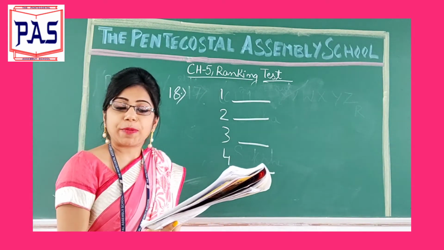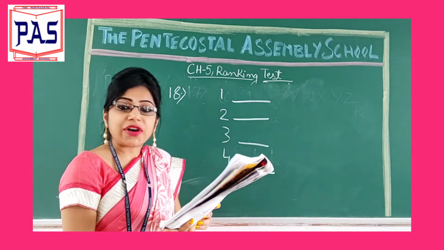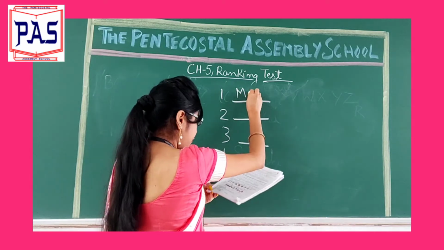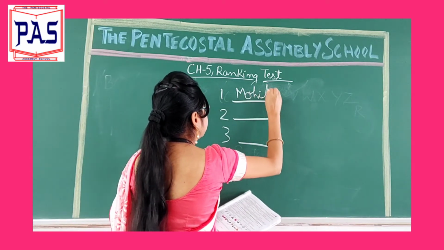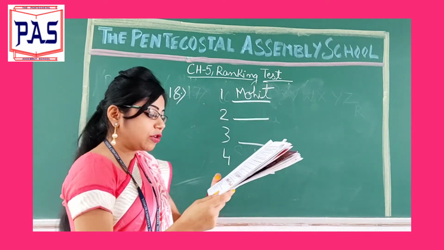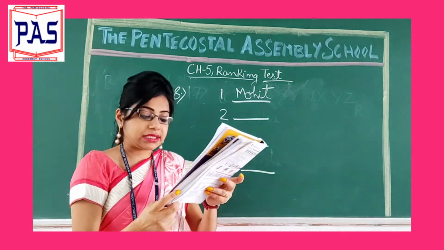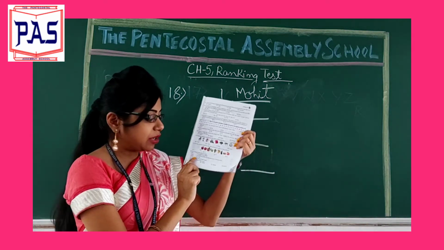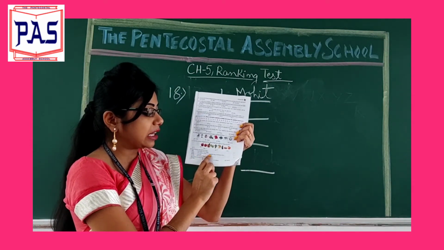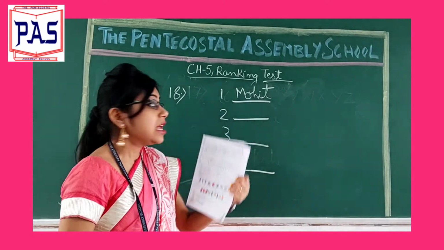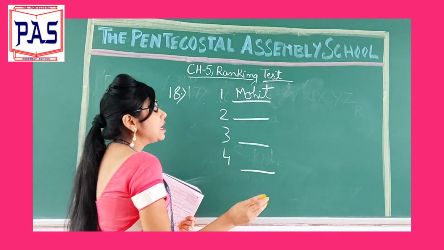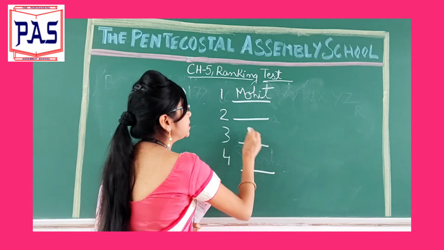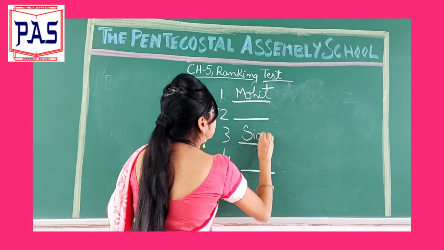They took part in a race. Mohit is saying, I was first. So, Mohit is first. Sanchi is saying, I was slower than Siddharth. But here you can see that Siddharth is saying that he is neither at second place nor at last place. So it means that Siddharth will come at the third place.